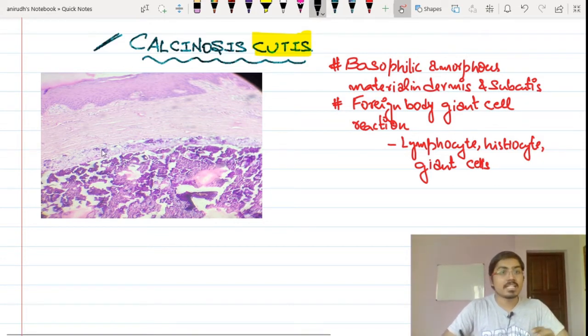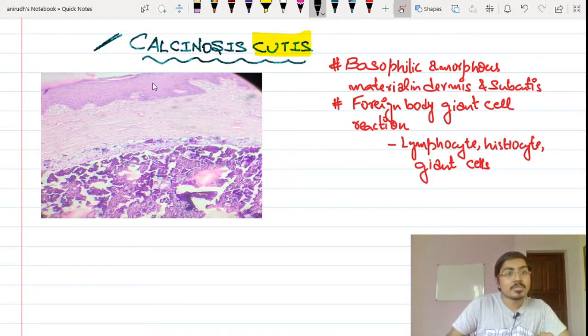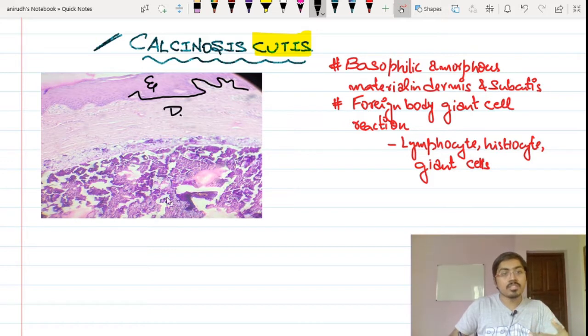Whenever we get a section like this of the skin, the first idea is to understand this is a skin section. So I can see here epidermis, and I have a dermoepidermal junction which is also called the basement membrane zone, and this is my dermis, and as it comes down it becomes the subcutaneous tissue. Below dermis is subcutis. So in the dermis and the subcutis,